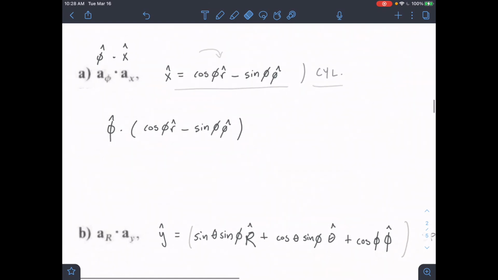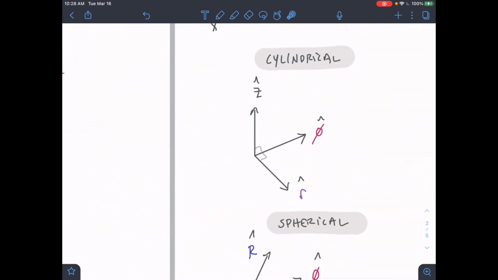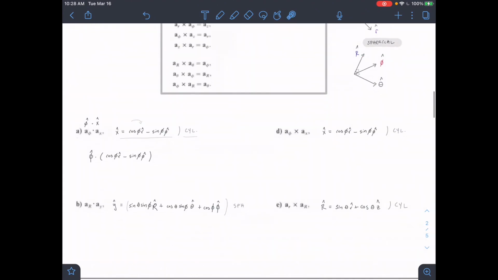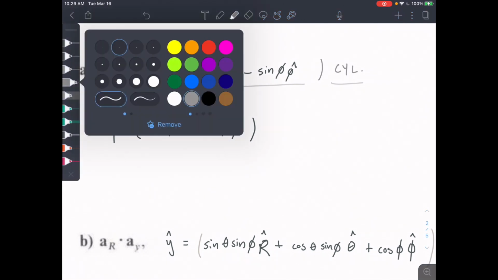Okay, so we have phi hat dot r hat. That is in the cylindrical coordinate system. Phi hat dot r hat, those are perpendicular. That means that we get 0 when we dot them together. So with phi hat dot r hat, we're going to drop out this cosine term here. That's going to go to